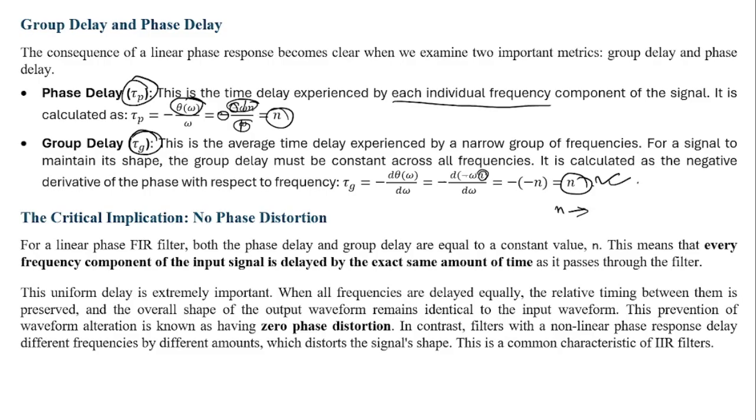Okay. So the critical implication: there will be no phase distortion. Both the phase delay and group delay are equal to a constant value n. This means that every frequency component of the input signal is delayed by the exact same amount of time as it passes through the filter, and this means there will be no distortion in the signal component,